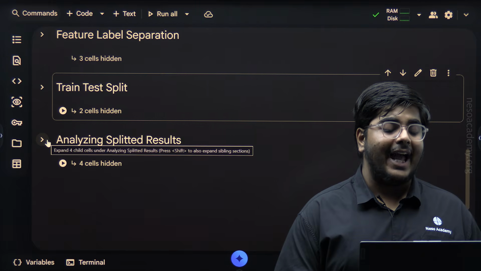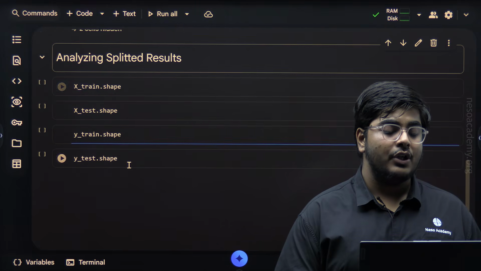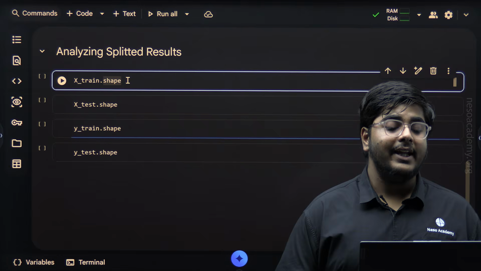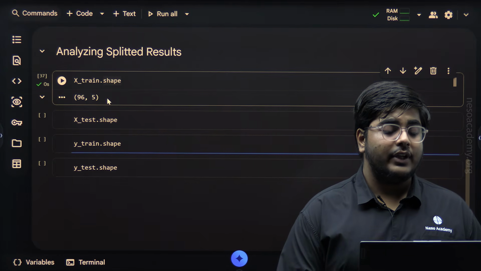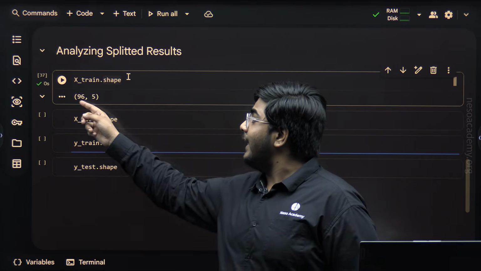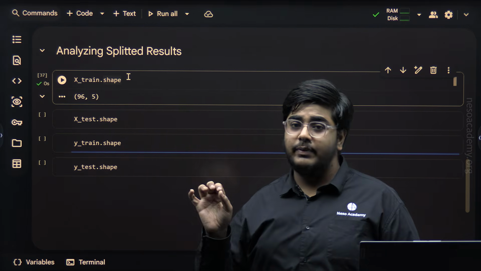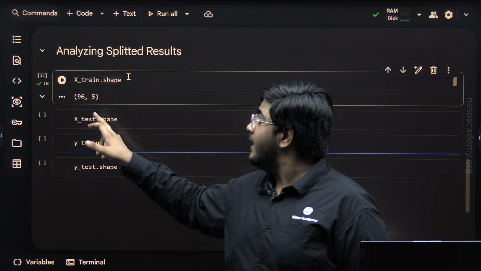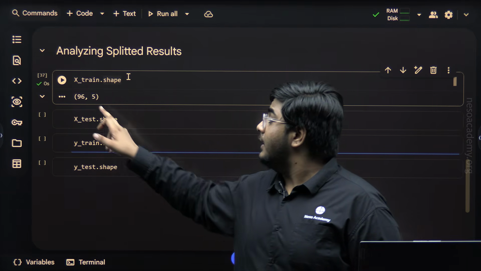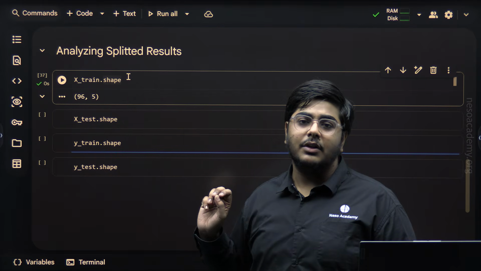Now finally, we will analyze the split results. First we are checking xtrain.shape. When I execute this cell, you can see I am getting 96,5, which means the shape of xtrain, the training features, is 96 rows and 5 columns.